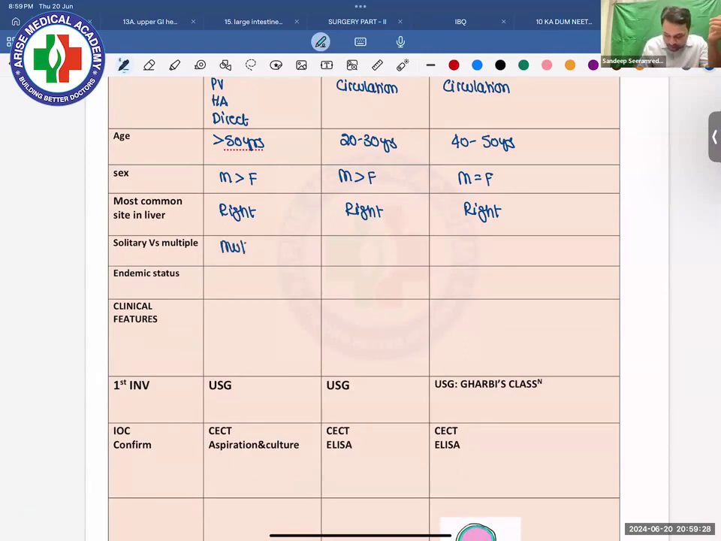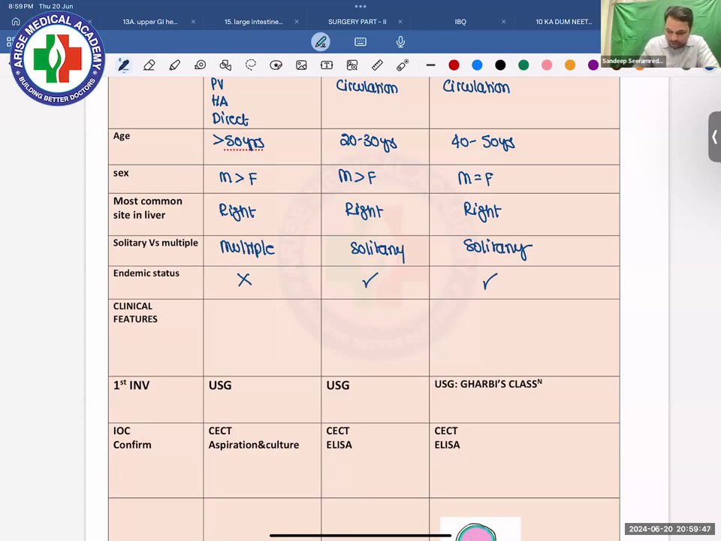So it will have multiple lesions. The others will have only a solitary lesion. Bacteria can never be endemic. Parasites can be endemic. Remember, in your pyogenic liver abscess, as the liver is getting infected, so there will be